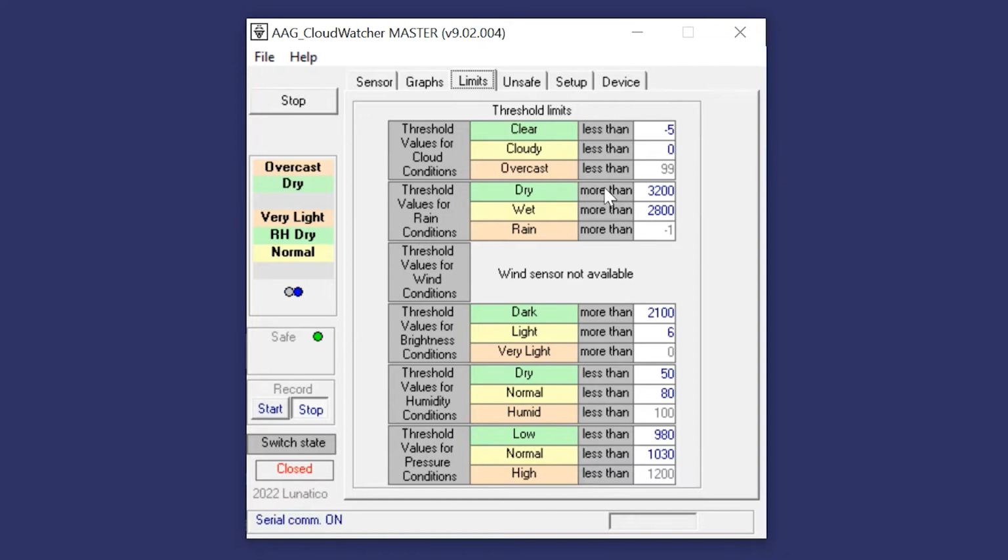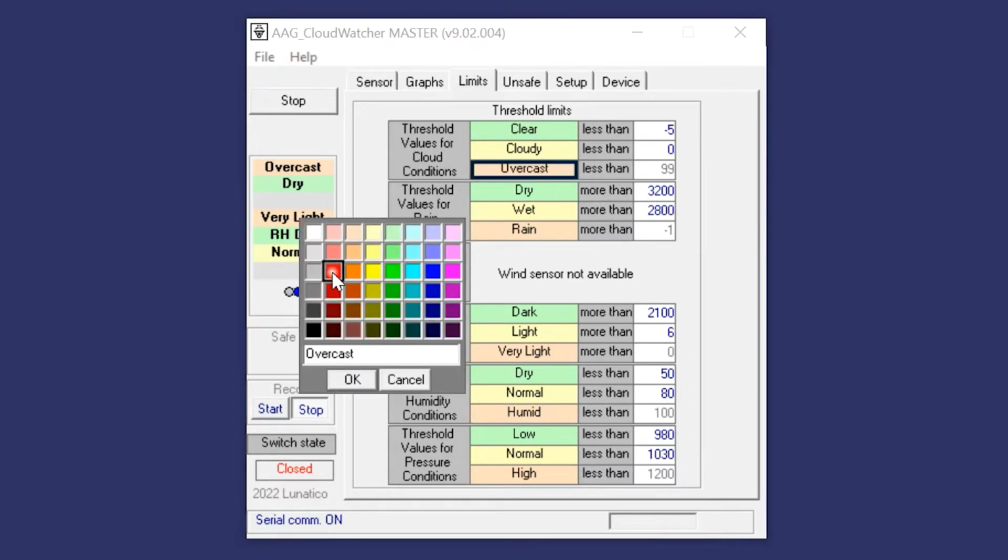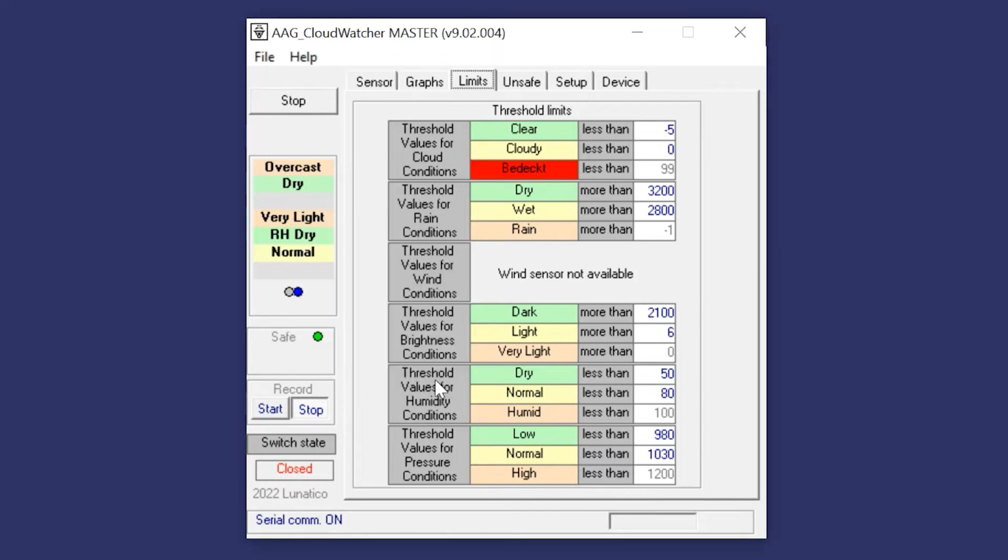Let's use the Cloud section as an example. I want to change the overcast indication to red and change the text to German. To do this, I right-click on the field, select the colour that I want, and in the text window I can amend the text. You'll find that the length of text is limited by the width of the summary section on the left. Click OK to finish.